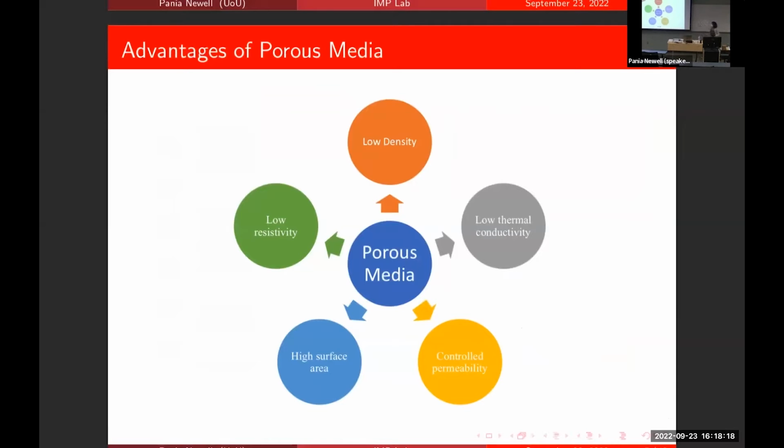But also, the other benefit of the porous system is that, as you can tell, high surface areas, right? It creates this porous system, it makes the low density of the materials, and that's why we are looking at biological, geological, or bio-inspired systems, trying to mimic the porosity or the porous media and create these foamy structures. As a result, we have low resistivity, low conductivity, and there are many other benefits to this porous system too.